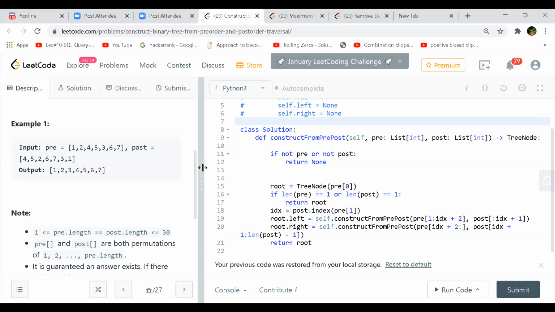So in this case, if you see 1 in the pre-order, and if you try to find 1 in the post order, it is at the very end, correct? So what you do is, all your elements in the post order to the left of it are a part of a subtree which is rooted at 1, if you just for the time being consider that. Now the question remains, how do we divide that into left and right subtree? For that, you go to the pre-order and look for its next root. You really don't know whether it's a root of some tree or a part of a subtree. Okay, so you know that 2 is the other element after 1.